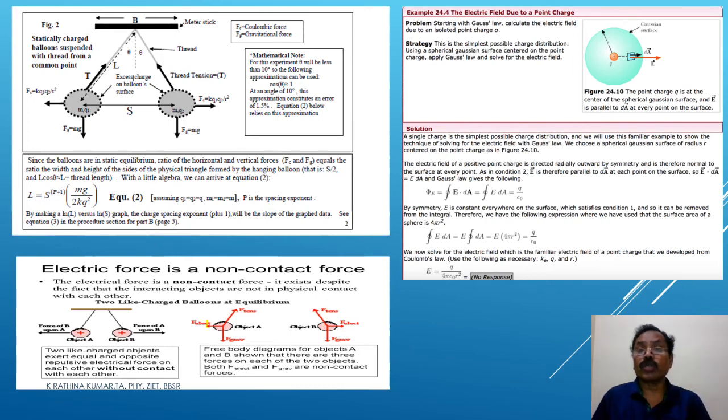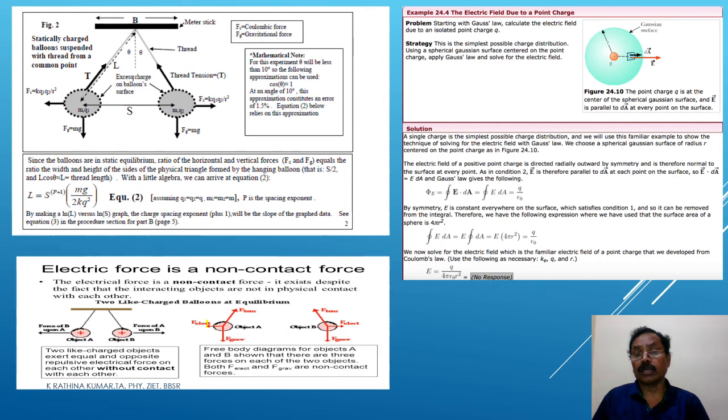the electric field due to a point charge. The electric field is equal to the force experienced by a unit test charge when it is brought near the source, the positively charged body. So according to Gauss's law, calculate the electric field from this diagram. The solution is also given here for your further reading, in the case of the Gaussian theorem.